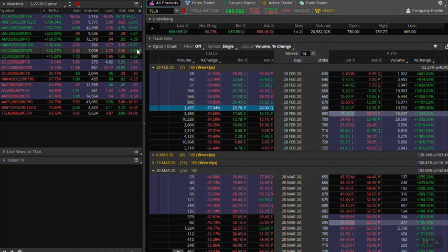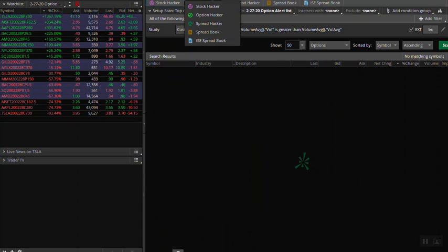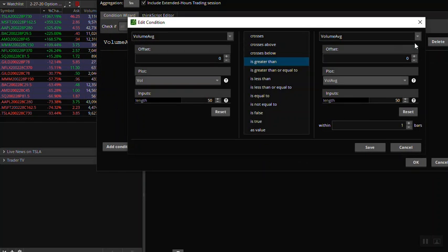And basically, after I have my watch list together, okay, I go over into my scan, and I have a scan set up, and I'm just looking for above average volume that is greater than, well, let me go in here and I'll show you. Edit. So basically, I have volume average, offsets are 0, is greater than volume average, and then I go within 1 bar. So it's looking back 1 bar,